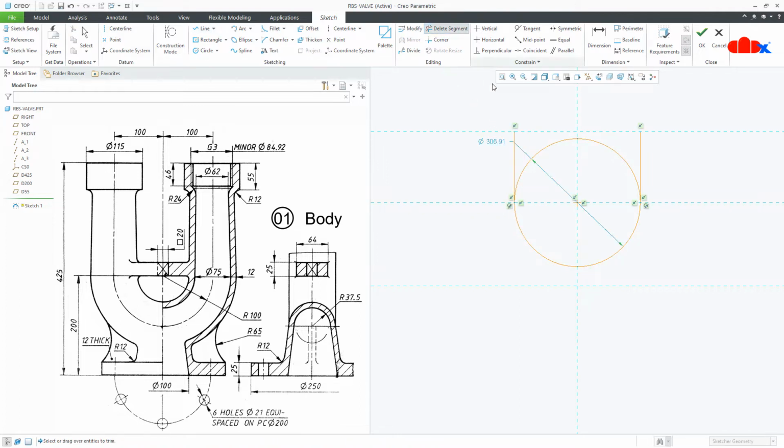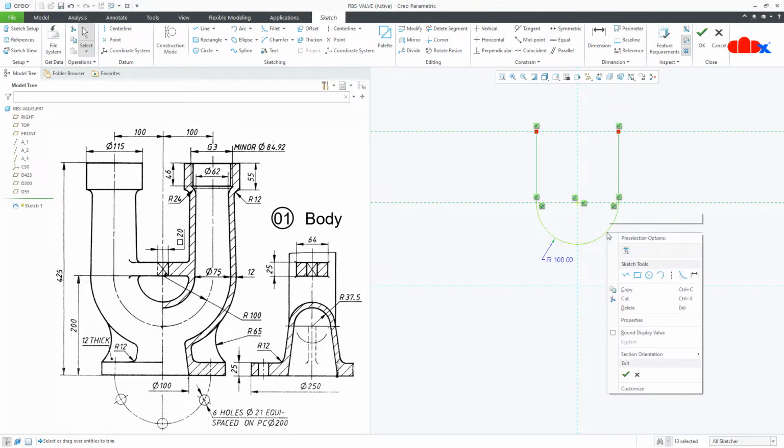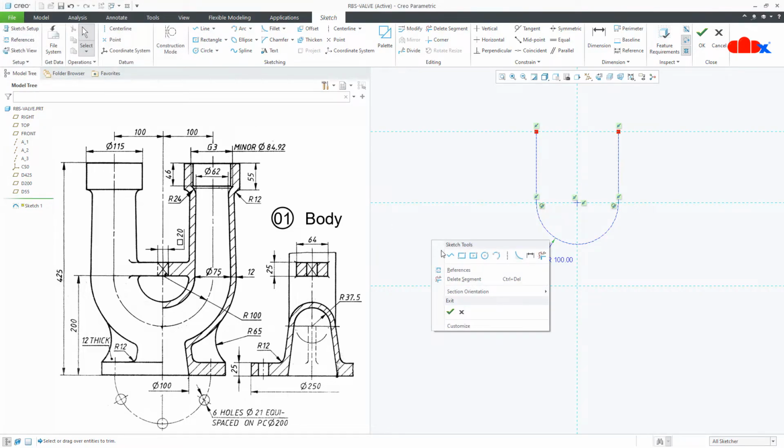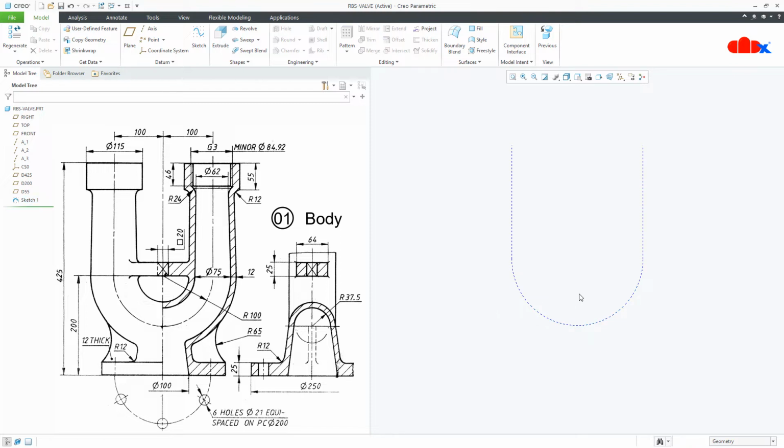Go to delete segment and delete this segment and this segment. Now this radius is R100, which is this one. Now I'll select this entire sketch, right click, properties, and change to center line, and then say OK.